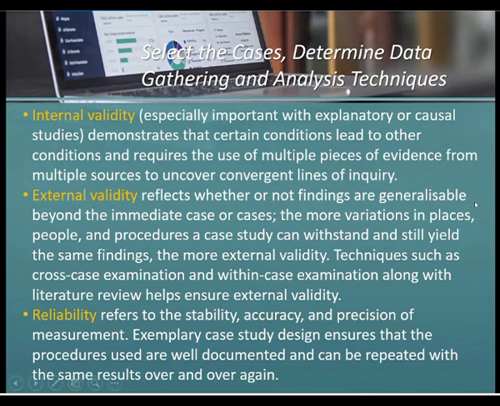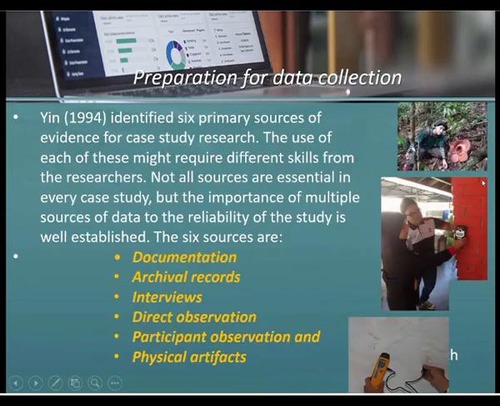Okay, so reliability is referring to the stability, accuracy, and precision of your measurement, how you derive to a conclusion. For example, when you interview people, their state of mind, what are their opinions. Sometimes you look at the character of the people you interview, the people who always blame people, and sometimes you must not take their word at face value. You cannot really accept that that is the conclusion to the interview, and so on and so forth. You must always look at other expert opinion, okay, to cross examine whether this person opinions can be validated or not with other people. Okay,